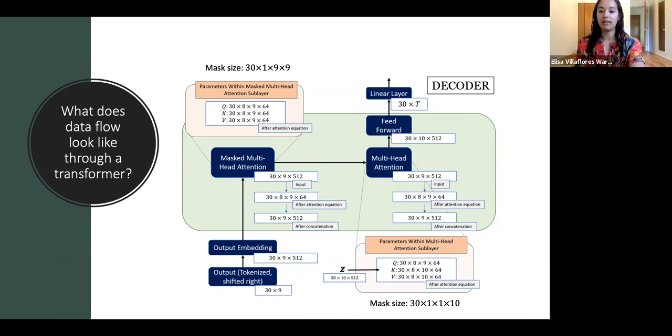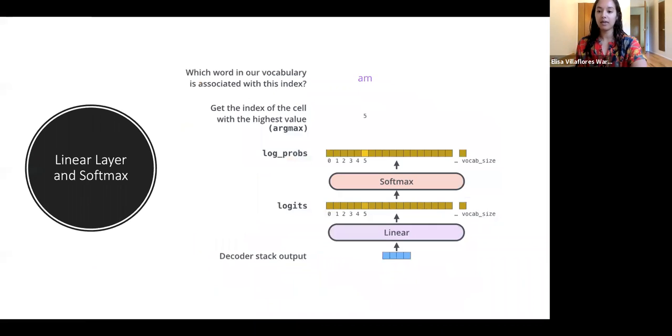And so let's talk about that. Finally, at the end of this decoder, we have this last linear layer. The point of the linear layer is to change the size from what we had as output from the feed forward network into basically a 1 by t vector for each sample, where t represents the size of the dictionary. They call it vocab size. And then we do a softmax on this, and we get these probabilities for what the likely word is.